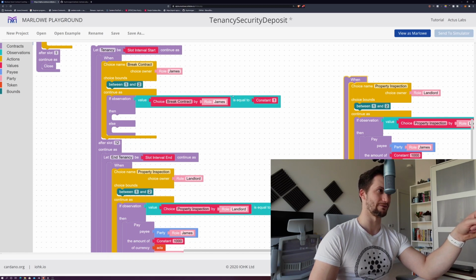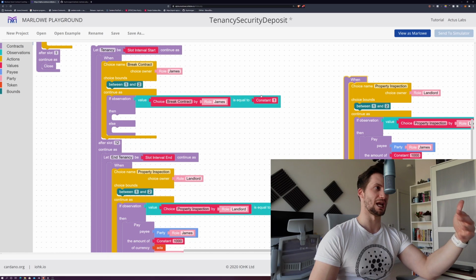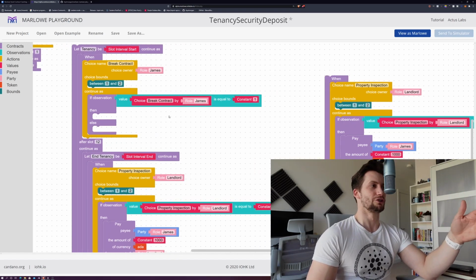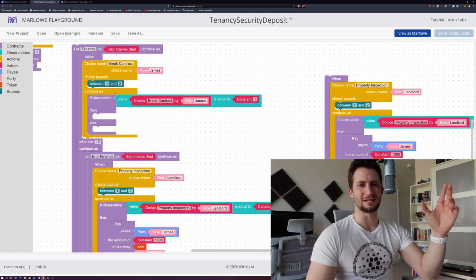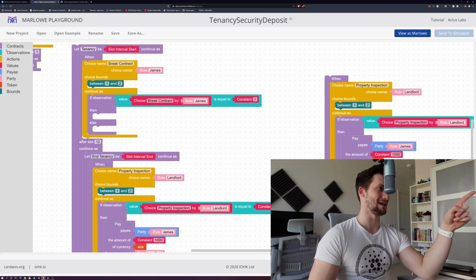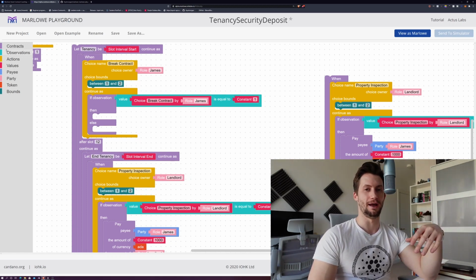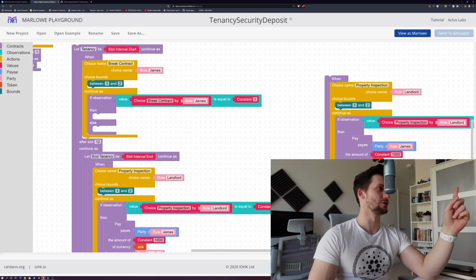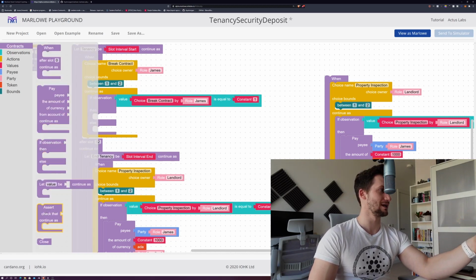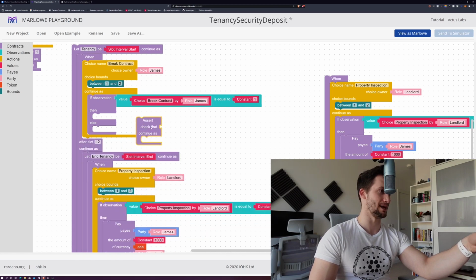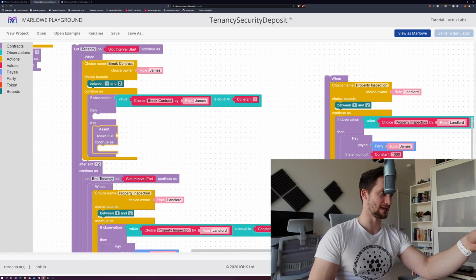So what we have is if observation 1, so that's James opting to break the contract early, then the property inspection happens and carry on. If not, then what happens? If that doesn't happen, then we basically need to define exactly what has taken place so that we can carry on to the end of the tenancy without having any open loops. So what we need to do is go on here, contracts, and we need to assert that. Okay, and what we're basically doing here is defining the end of that contract. So we assert that, and then